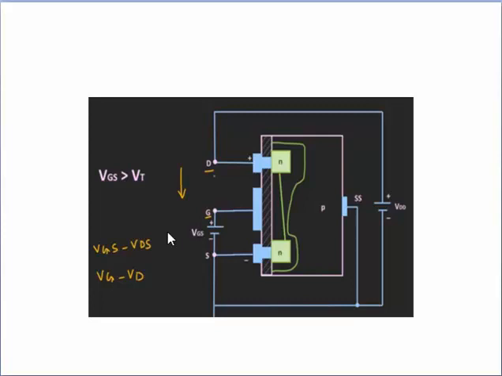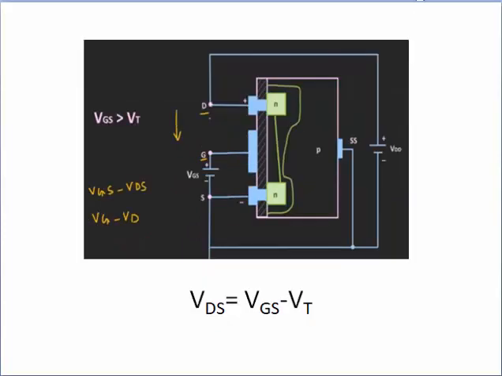As we keep on increasing this voltage VDS, the voltage between drain and source terminal, then at one particular voltage a pinch off condition will occur. At that particular voltage, the drain current which is flowing through the circuit will get saturated. We will also discuss this in our next lecture or next topic, that is drain characteristics. The voltage VDS at which this pinch off condition occurs is called the saturation voltage.